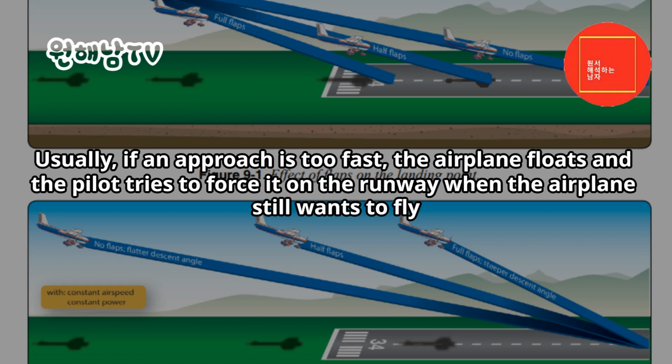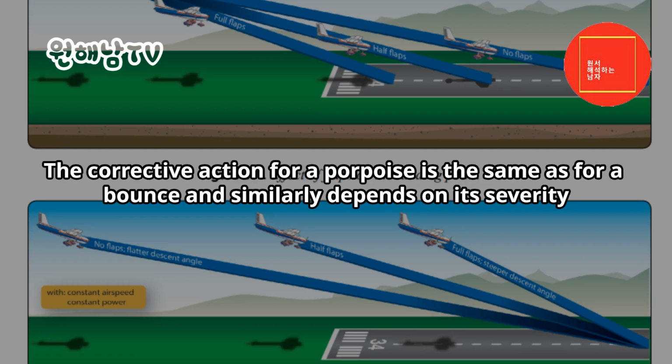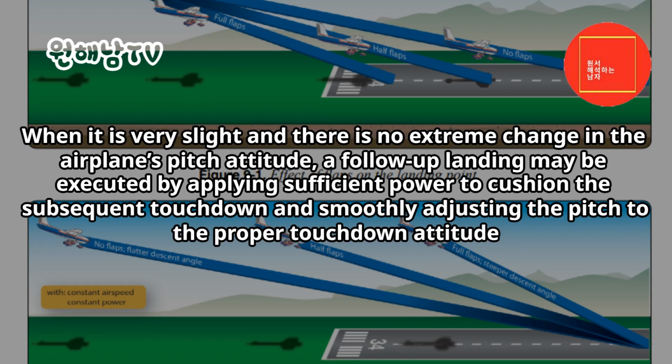Usually, if an approach is too fast, the airplane floats and the pilot tries to force it on the runway when the airplane still wants to fly. A gust of wind, a bump in the runway, or even a slight tug on the control wheel sends the airplane aloft again. The corrective action for a porpoise is the same as for a bounce and similarly depends on its severity. When it is very slight and there is no extreme change in the airplane's pitch attitude, a follow-up landing may be executed by applying sufficient power to cushion the subsequent touchdown and smoothly adjusting the pitch to the